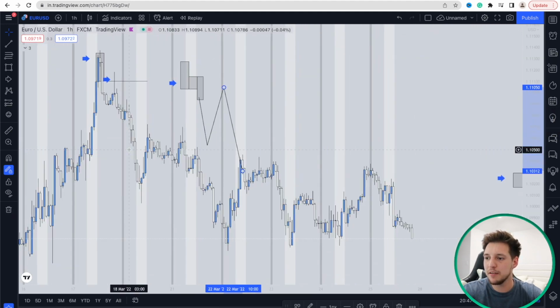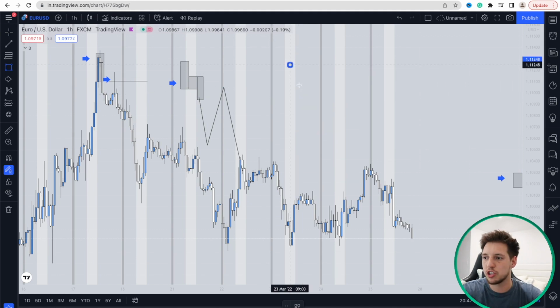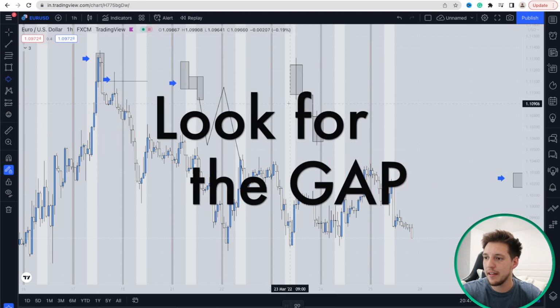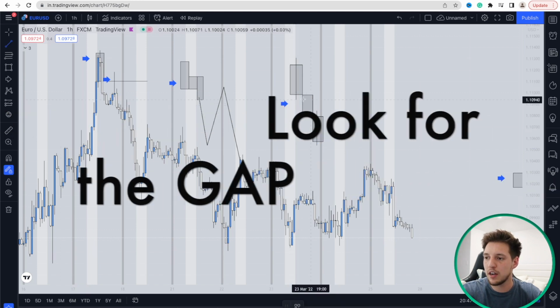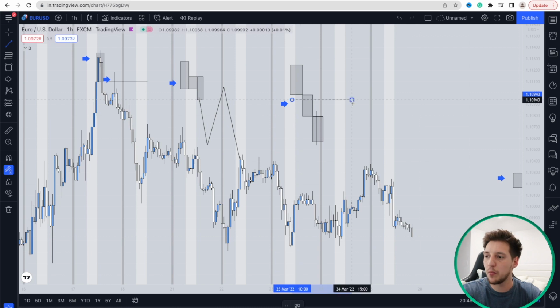Now, an area of imbalance, I'm going to show you with a quick drawing right here, and then we'll go straight into the chart. It's when market is doing these types of moves right here, and we see our body continuing to move to the downside. However, there may be some wicks within the first candle and the third candle. And as we can see right over here in this little gap, that is what we are going to be focusing on, because this right here is what we like to call an area of inefficiency,